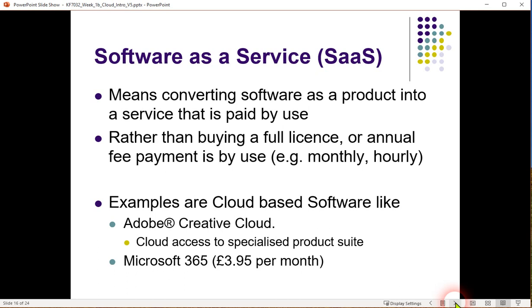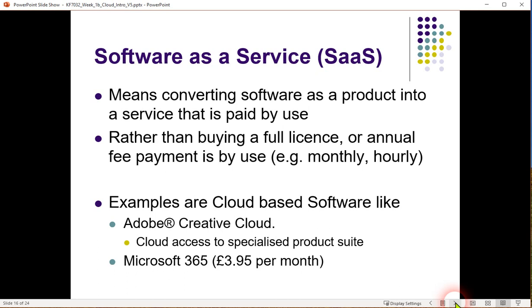If you wanted to buy the product outright on a CD or whatever, install that on your local machine, there's an upfront cost, a couple of £100. Seems like an awful lot more until you realize that over a year you're going to be paying £48 for 365, and then the next year another 48, and so on. And that continuous payment model